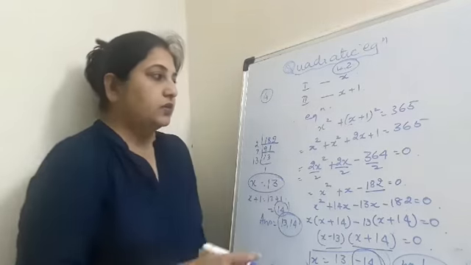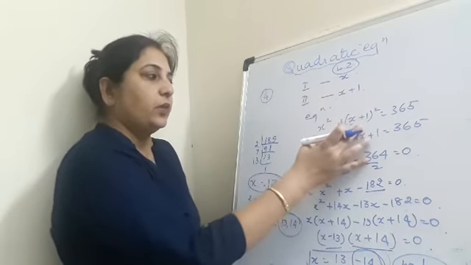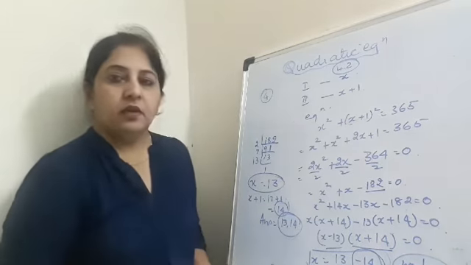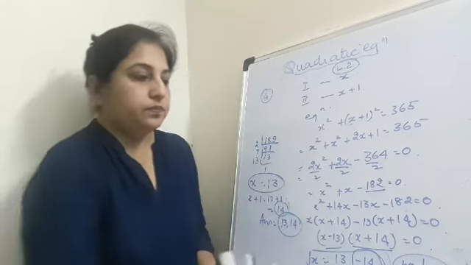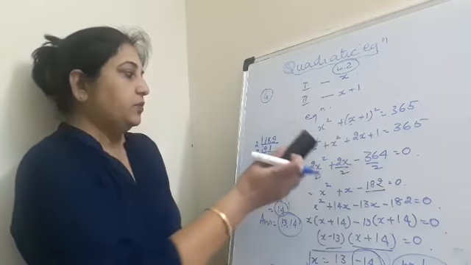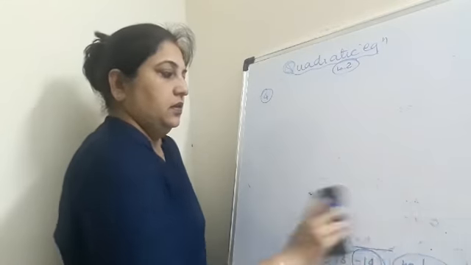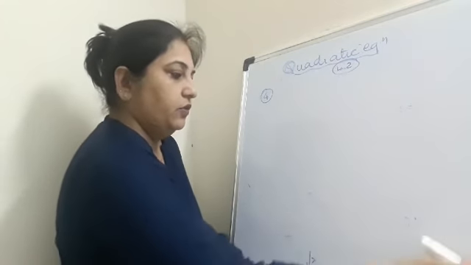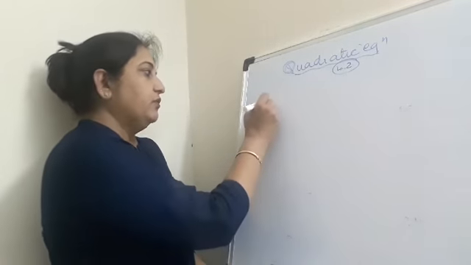Okay, so I hope you have understood. Again, take one integer, take a second integer, then add the squares of these and form an equation, and find the roots by the splitting the middle term method. If you read the question properly, you will understand it and you'll be able to find the answers. Right? Now coming to the next question, question number 5.